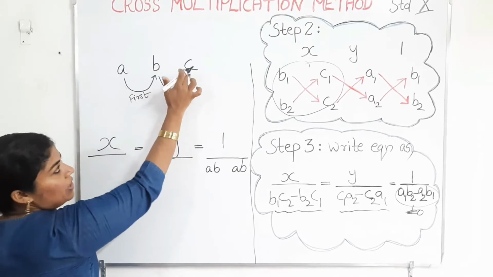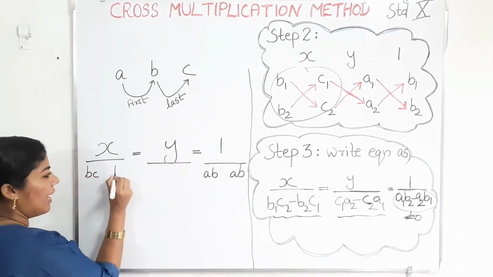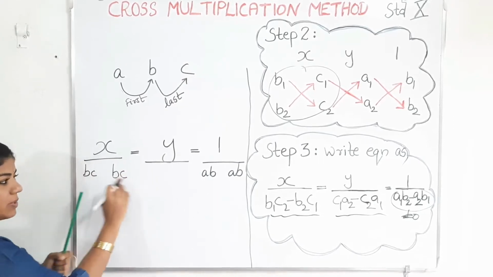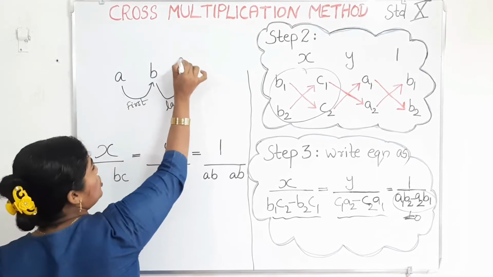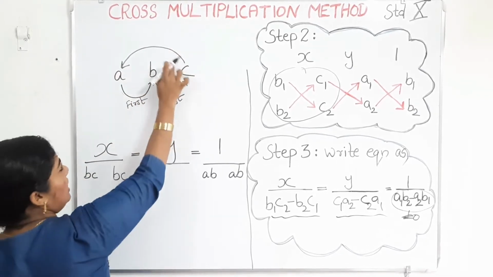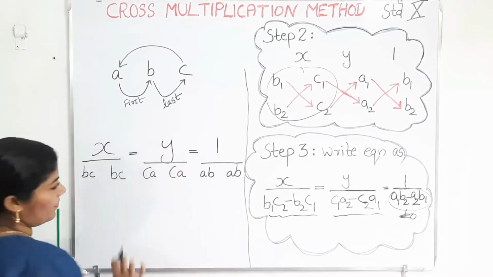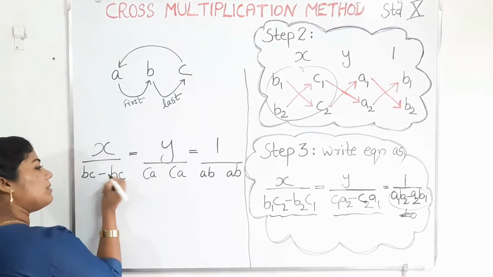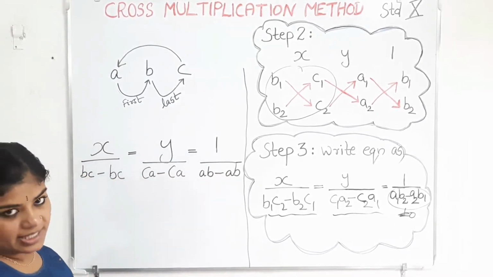Here B to C is your pointer. So you just write BC and again BC with a space in between them. Then next I am going to draw a pointer from C to A. That is CA. So you write CA, again CA. Then between all the steps we can give the subtract symbol.